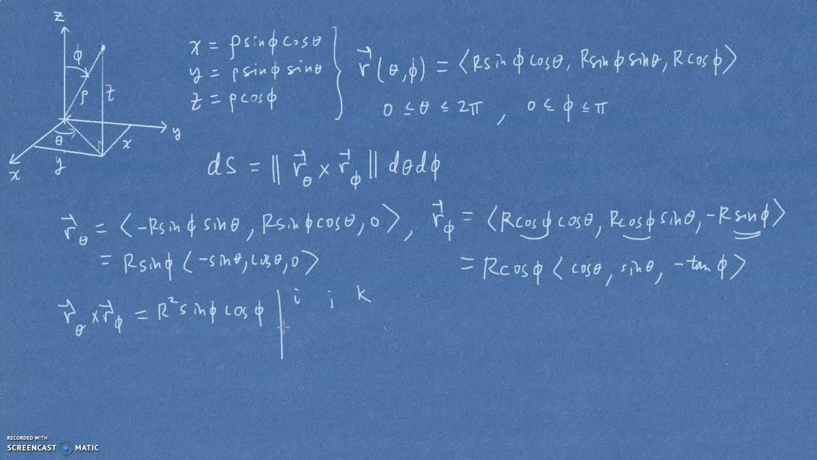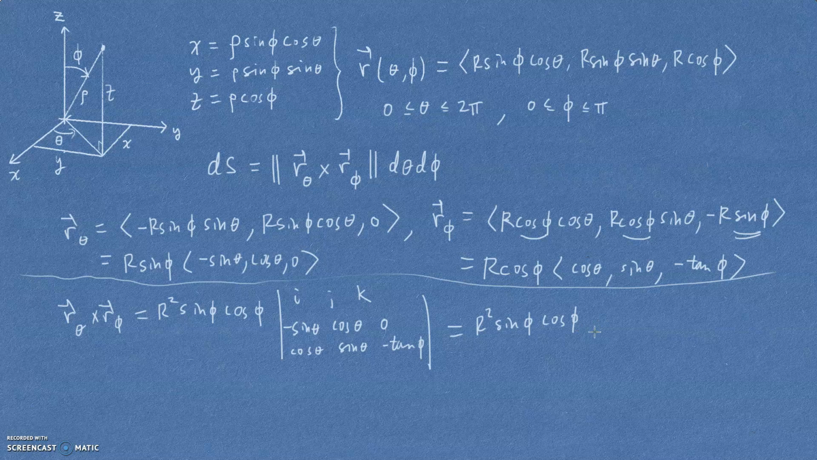Okay, so that's going to be a negative sine theta, a cosine theta, and a 0. And for the next bit, I'm going to have a cosine theta, a sine theta, and a negative tangent phi. All right, let's see if I can work that out. So let me put a little line here to separate out my writing, shall I? So that makes r squared sine phi cosine phi times,